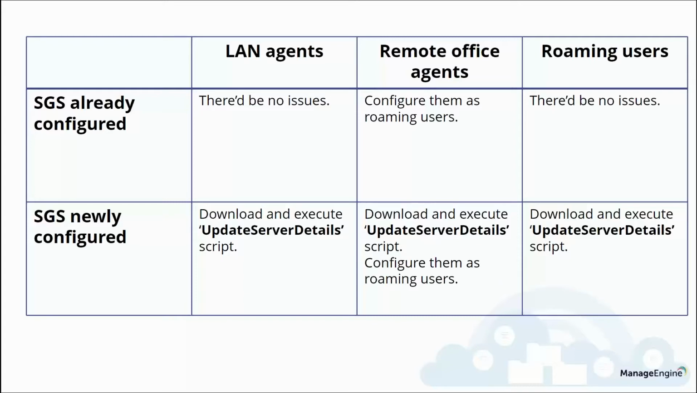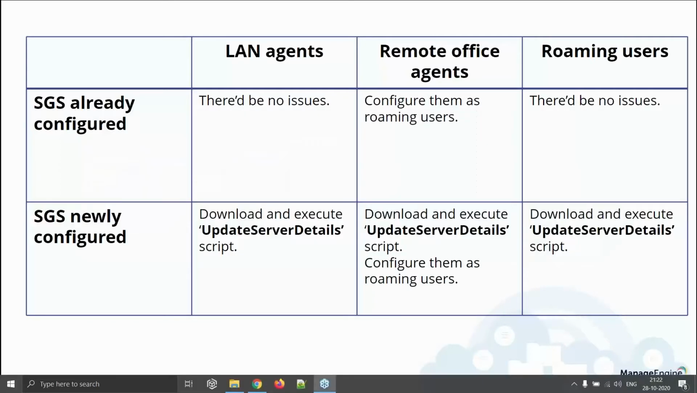Now, let's say you're a customer and you already have the secure gateway server installed. We've got three scenarios here. What if it's a LAN agent? Obviously, the host name and local IP would resolve, so no problem. If it's a remote office agent, all you have to do is, let me